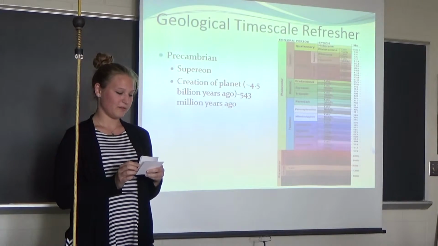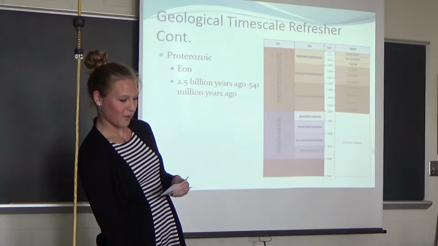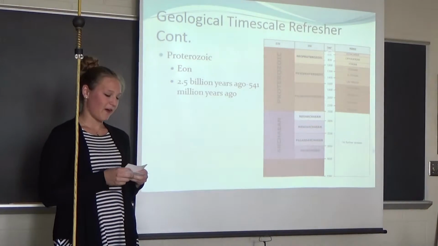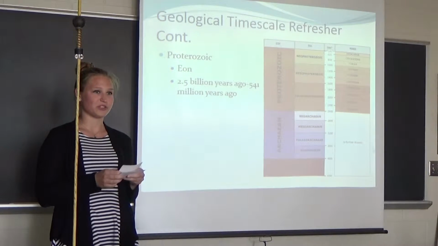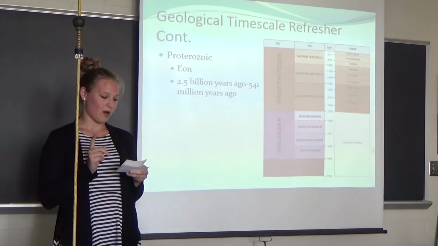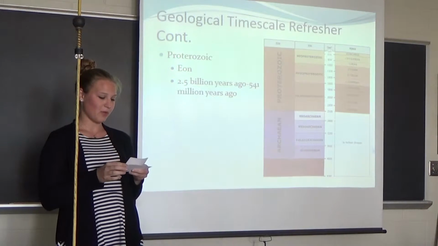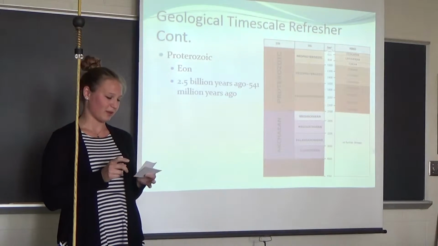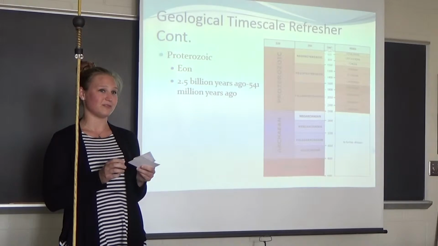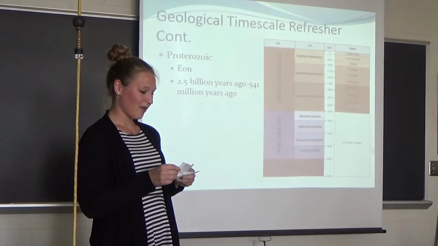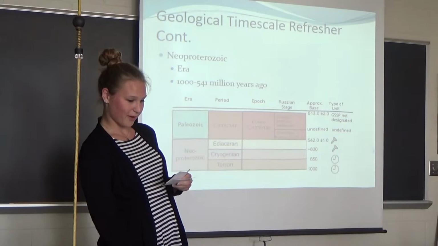Okay. The Precambrian is made up of 3 eons, and we're going to focus on the Proterozoic. It started 2.5 billion years ago and ended 541 million years ago. It was dominated by the formation of supercontinents. Two notable ones are Columbia, which was created about 2.2 to 2.1 billion years ago, and Rodinia, which was created around 1 billion years ago. Another important event that occurred in this eon was the accumulation of oxygen in the atmosphere. It's really important.